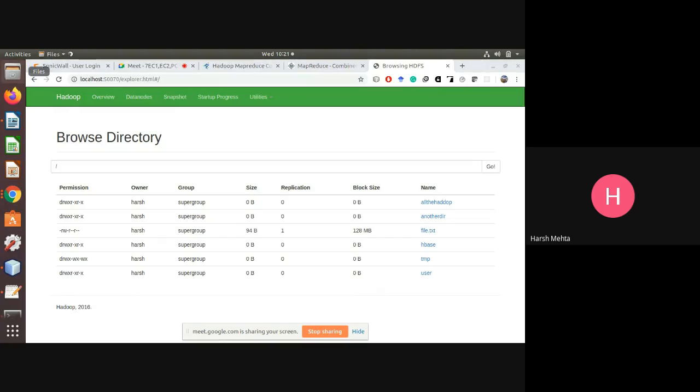Let me open file.txt here from the local file system so that you can see. It's taking time. Just hold on.